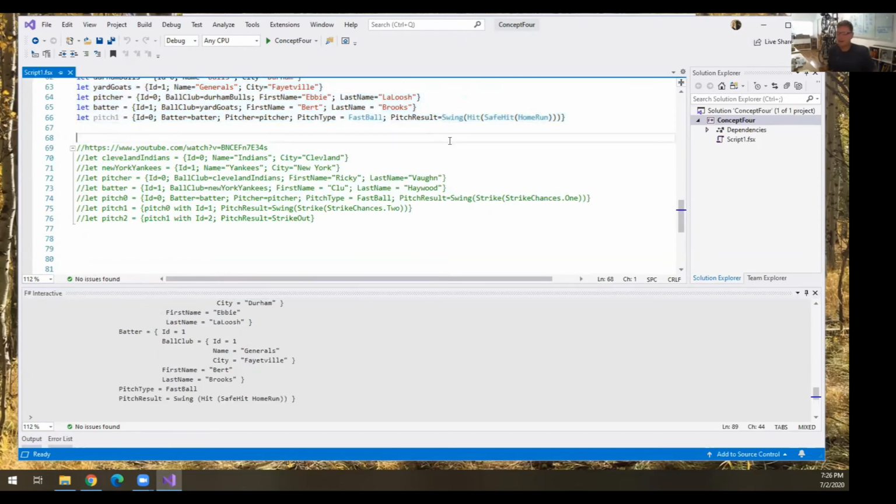The advantage of this is that you can never have a ball 5 because we don't have a variable that's mutable that can actually count to ball 5. We can't have a swing that's a hit that turns into an out. We can't have a swing with nothing happening like a null ref. It has to apply.